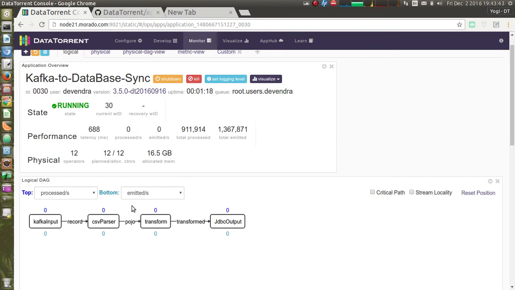So basically we customized this application to add this one more operator which is transform, and went through the process of how to compile, how to upload, how to launch, and so on.